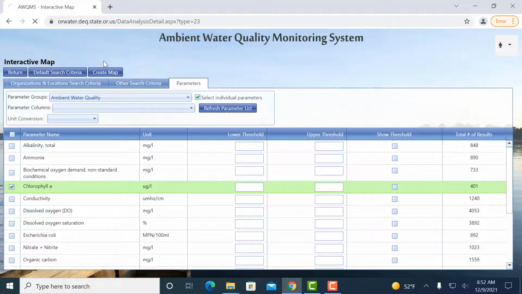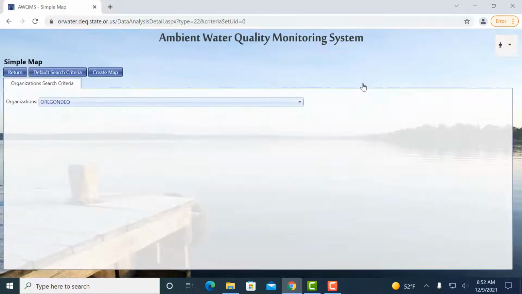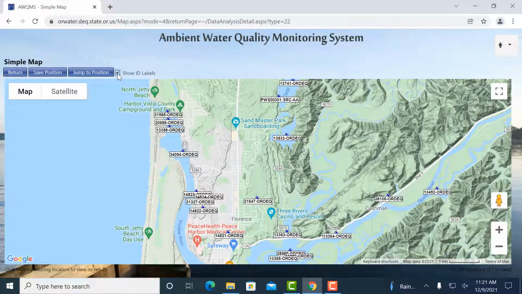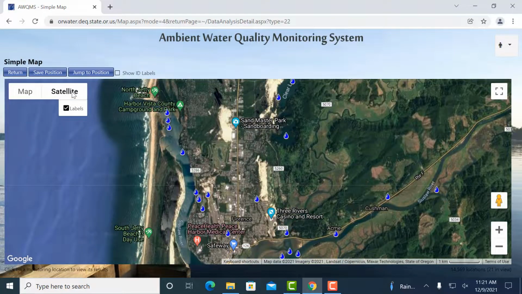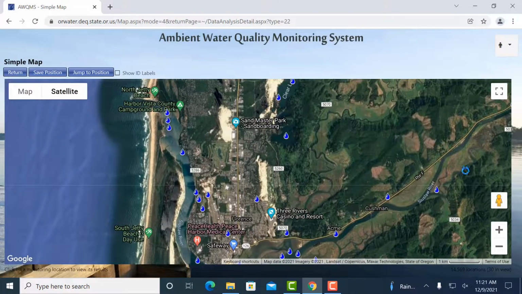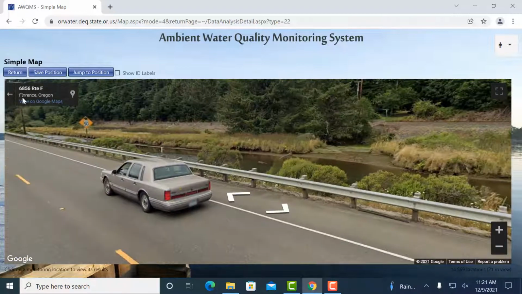The Simple Map allows you to map all of the monitoring locations for a particular organization. On each of the maps, you can check a box to show the monitoring location IDs, switch to satellite view, toggle to full screen, drop yourself near a site using Google Street View, zoom in or out,